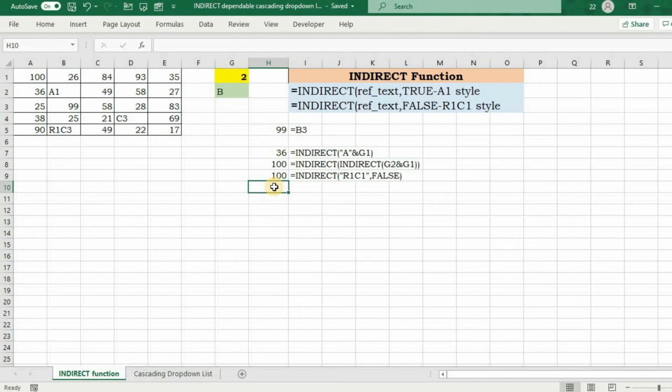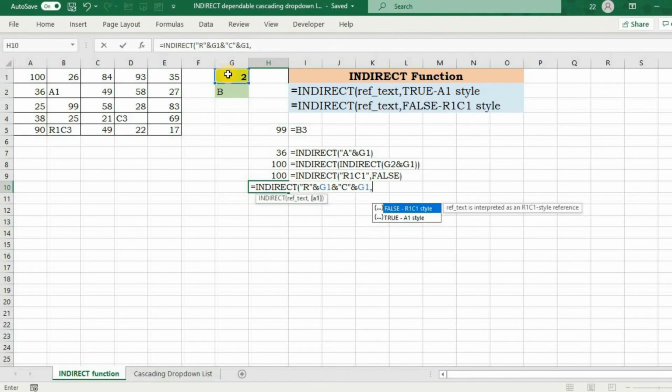Similarly, I can keep these variable, the row number and the column number, as per our requirement. So INDIRECT, in that case, say I want to refer to R2, row number 2, and column number again 2, the same thing.